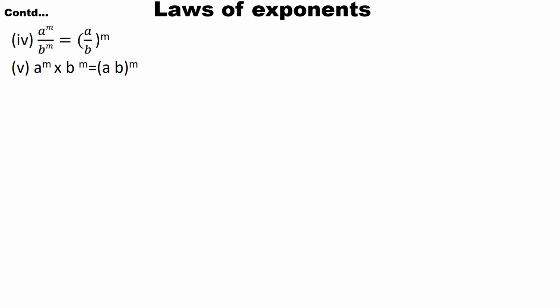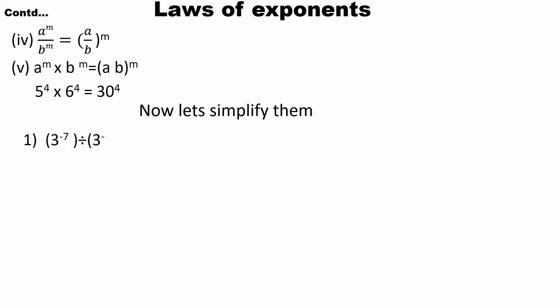So we are having different bases, the exponents are same, then we have to multiply base into base, and we have to make the exponent common. 5^4 into 6^4 is equal to 30^4. So the bases are different, the exponents are same, then we multiply the base into base, that is 5 into 6 is equal to 30. The exponent will become common, that is 30^4. Now let's simplify them.